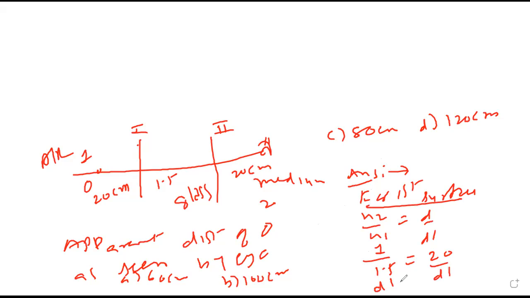So D dash is 30 centimeter. Then for the second surface,